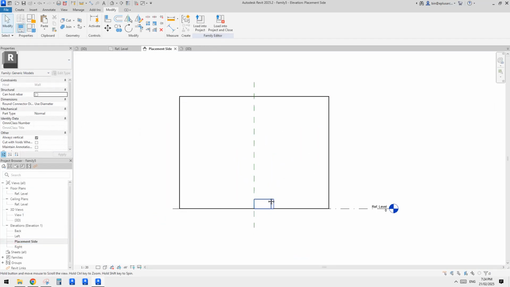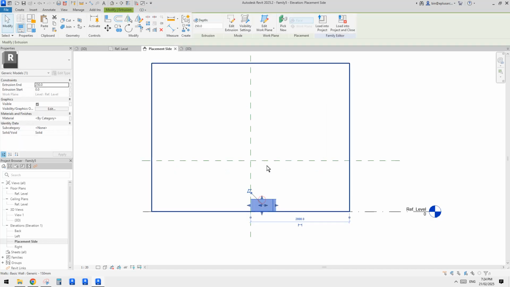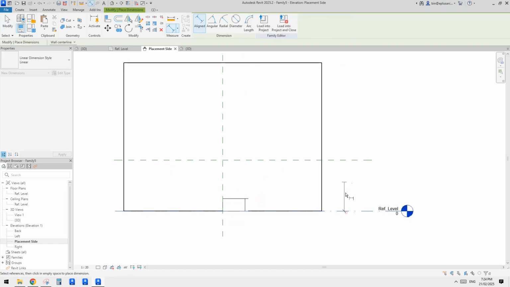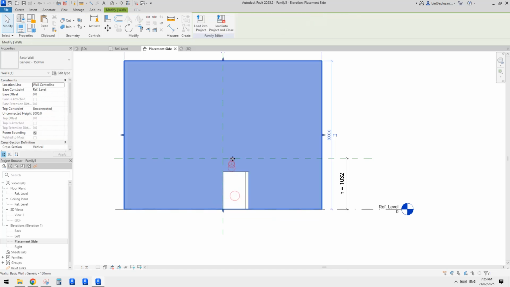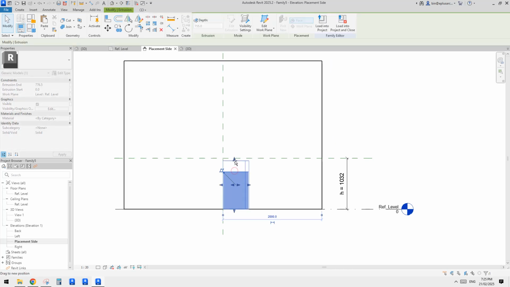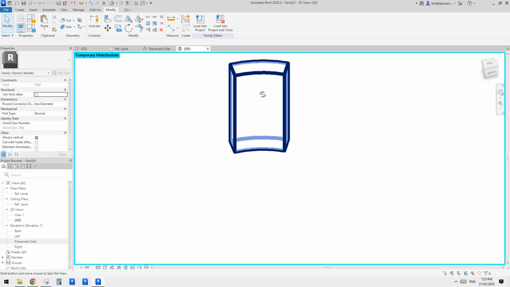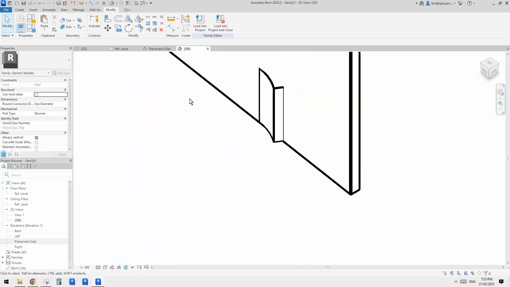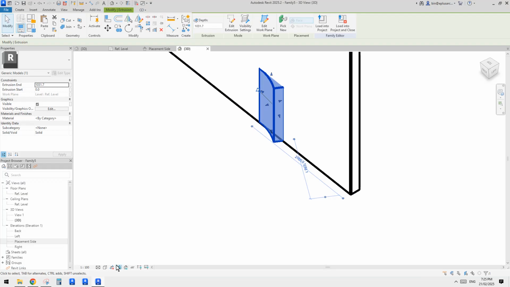So now I can see the top of this one. We just need to constrain this onto a reference plane. Then we can control it. So we create a parameter for the height. I'll just use instance parameter as well, and then we can just lock. Oops, sorry. And the lock. Now this, I think the wall, this bit is done, and then the next is we just going to add a planter box in